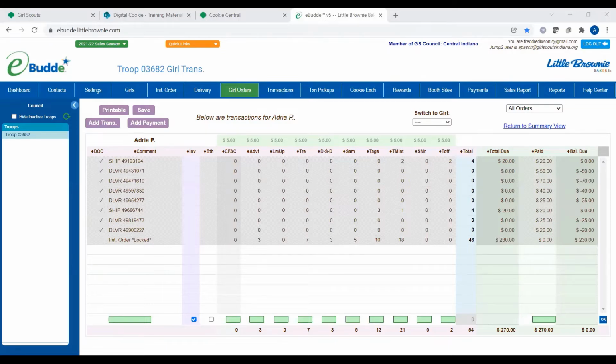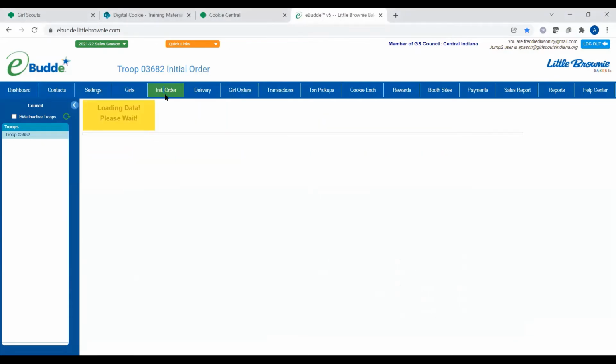Ashley, we also have another question of how do we order donated cookies from digital cookie orders and order cards? Do we physically receive cookies for those? Do we need to order them? Do we just take them from our troop stock? Okay. So Cookies for a Cause cookies are cookies that you order, and they're technically invisible cookies. So for a girl's initial order, if they're on her card,